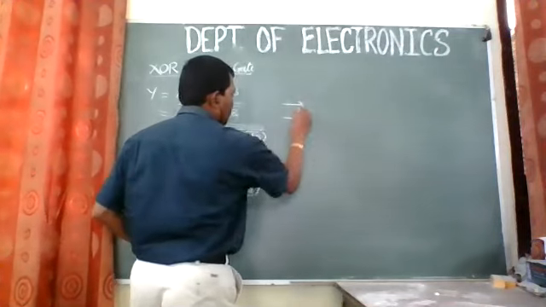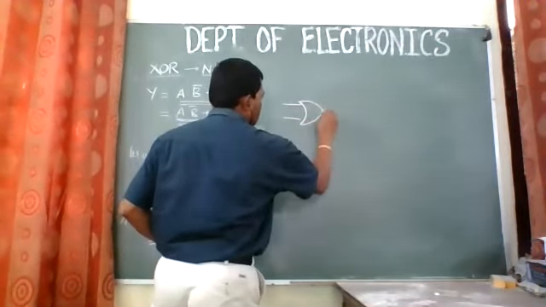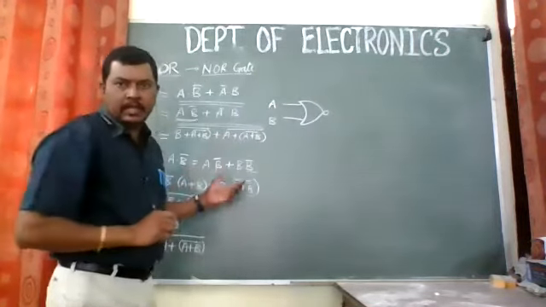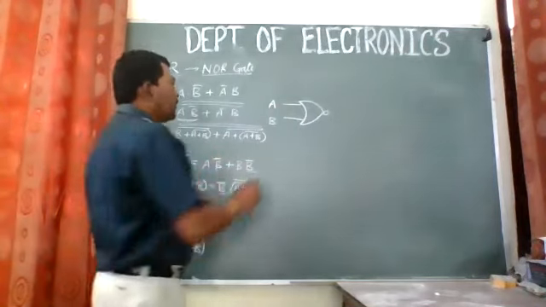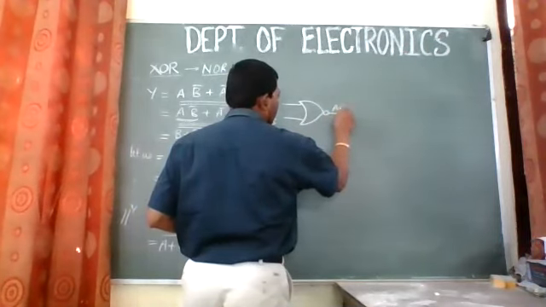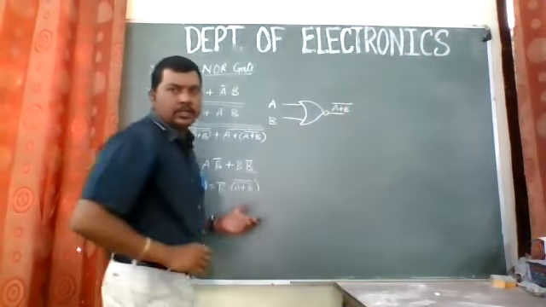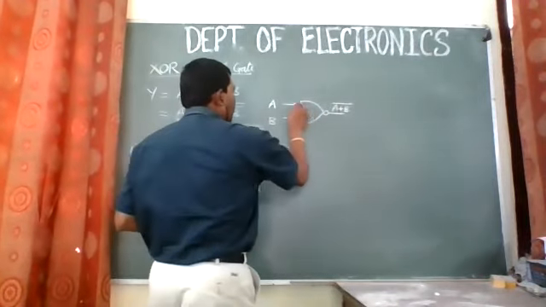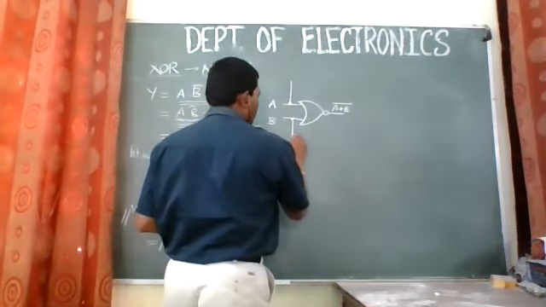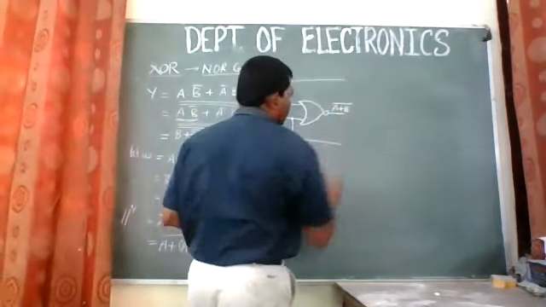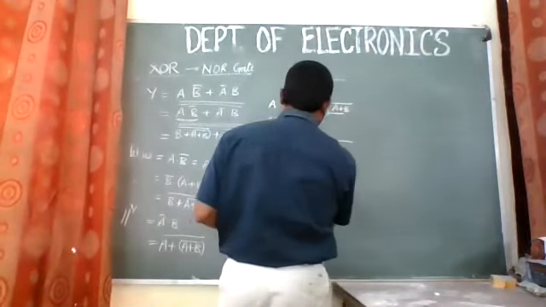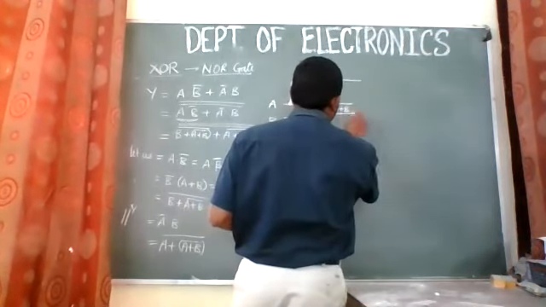I will try to just draw a little bit smaller to this. So yes, this is a NOR gate. These are two variables A and this is B, like we have taken it for the NAND gate. And here we will be getting the third, that is A plus B whole complement. I guess it is visible. And from here, we'll be having that A. From here, we'll be using this for B like this, as we have done it in the NOR gates. Okay. So this is like this.